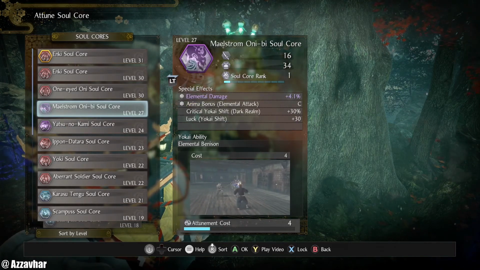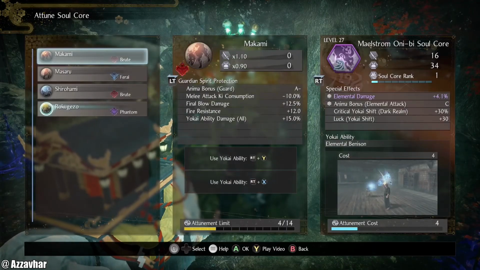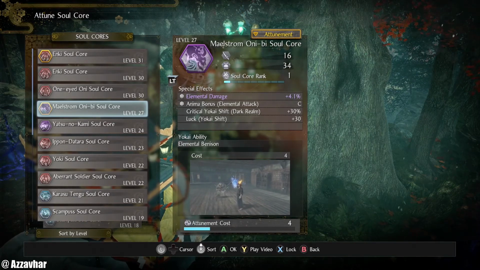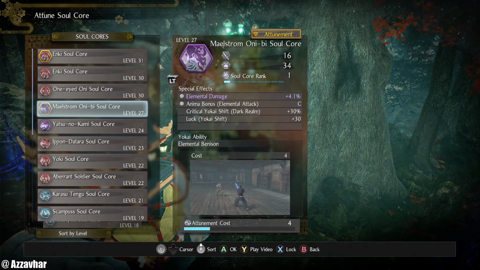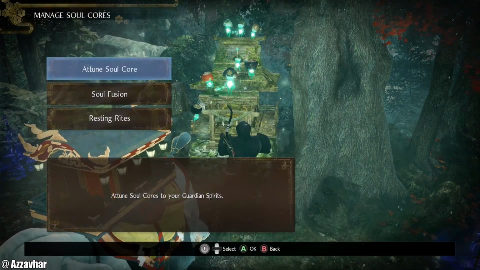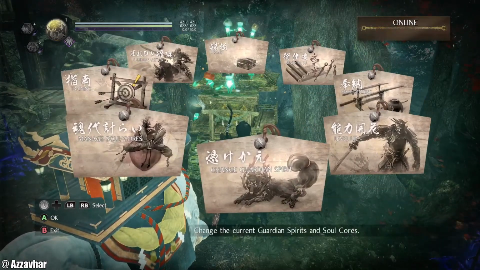this one has elemental damage up, so maybe I'll pop that in there. That should do for now. The only one that I really use, to be fair, is the Enki yokai ability. I'm just putting that one in there for elemental damage up. Other than that, let's ready up the